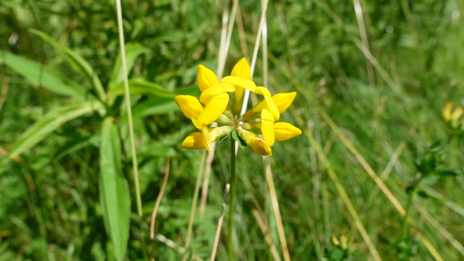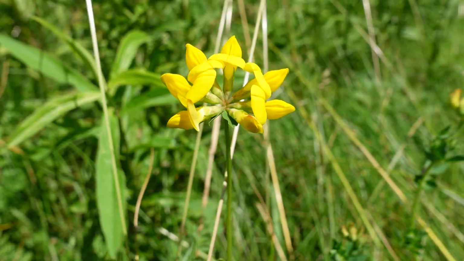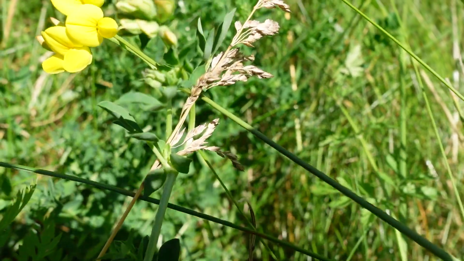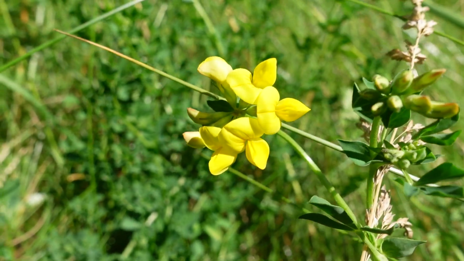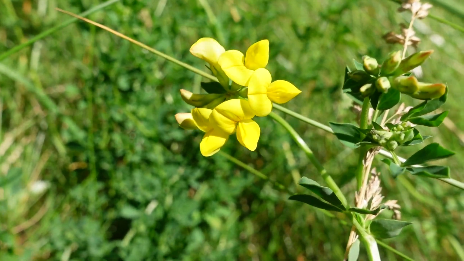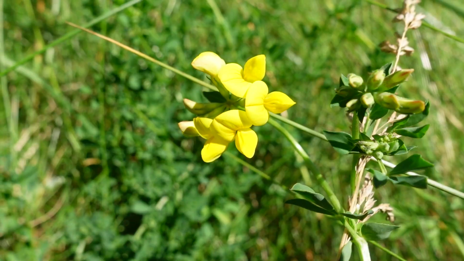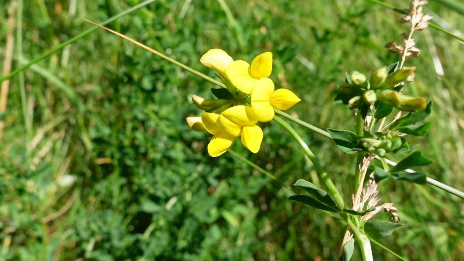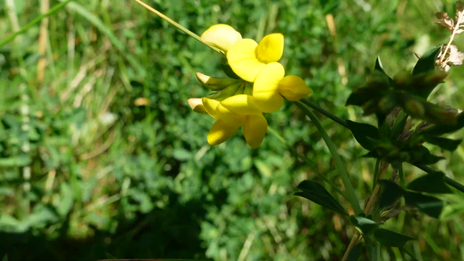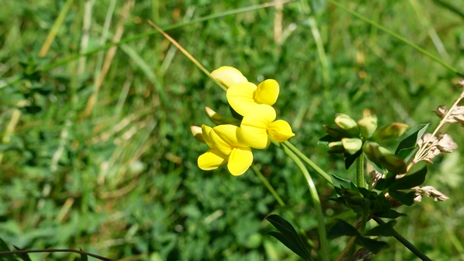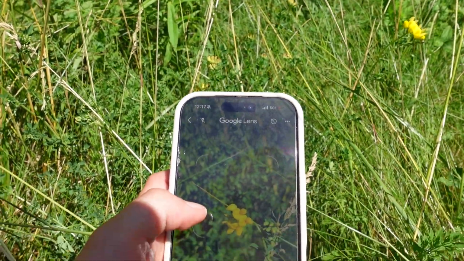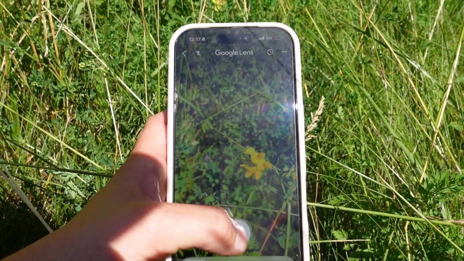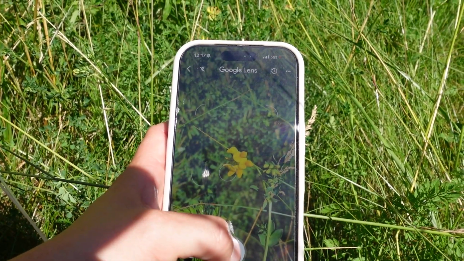Okay, I found this yellow flower. These yellow flowers have green leafy stems and yellow buds. They look kind of similar to the crown vetch, but their buds are yellow. Let's use my phone to take a picture. I'm taking a picture of this yellow flower,